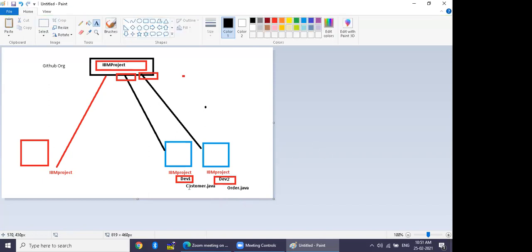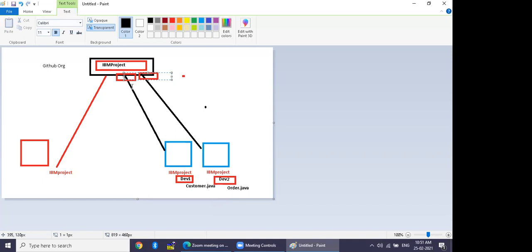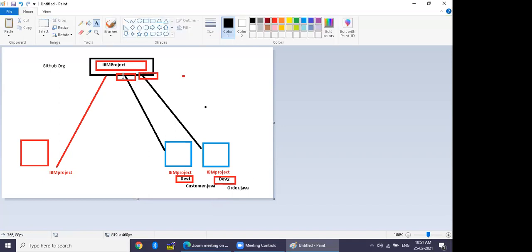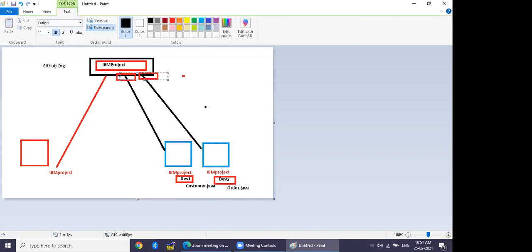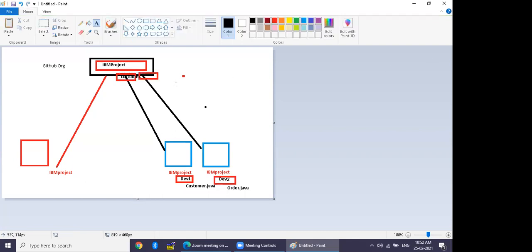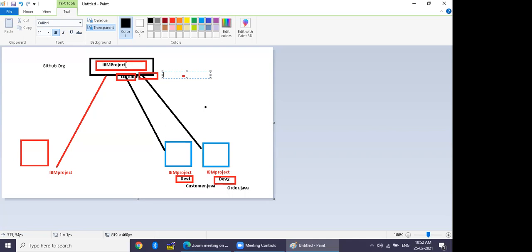When they commit and push, the code will be stored in their branch. So you have a customer.java here and an order.java there, but nothing in the main branch, which is part of the IBM project.